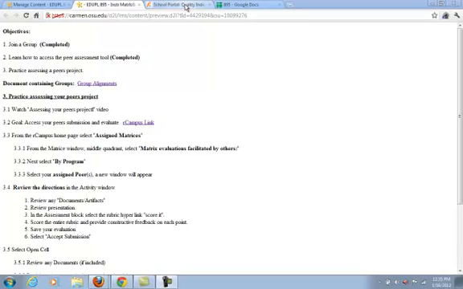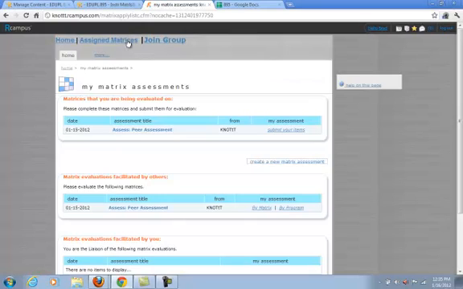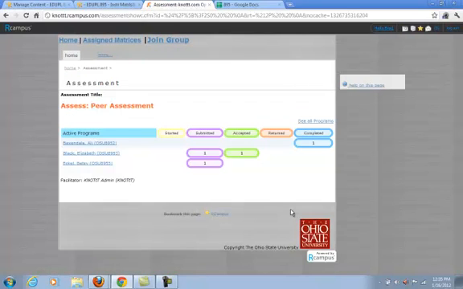So let's go ahead and take a look at this. So I've logged in as myself. I select assigned matrices, and this time I'm not submitting anything. I'm actually going to conduct an assessment of one of my peers. So I'm selecting the middle quadrant, which is the matrix evaluations facilitated by others, and now I'm going to select by program. Now when I select by program, you will see that currently there are 3 individuals that are listed in here,